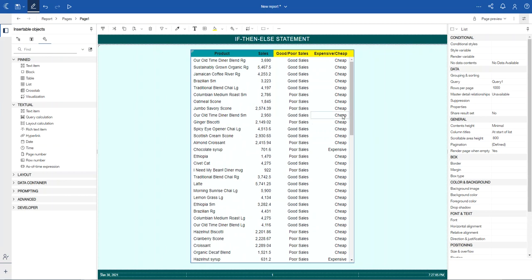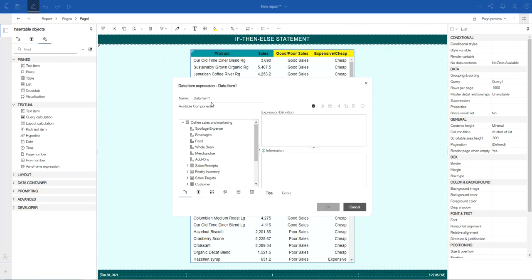Okay, so let's go ahead now and create an advanced if then else statement. Let's drag the query calculation. I'm going to call this good/bad products.